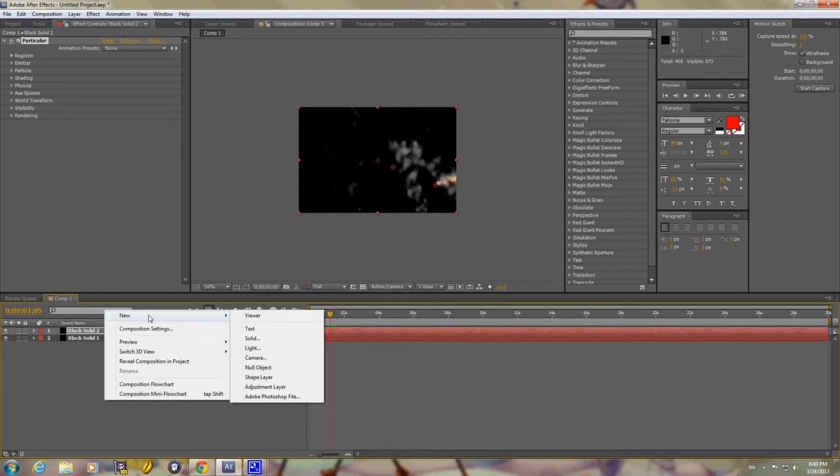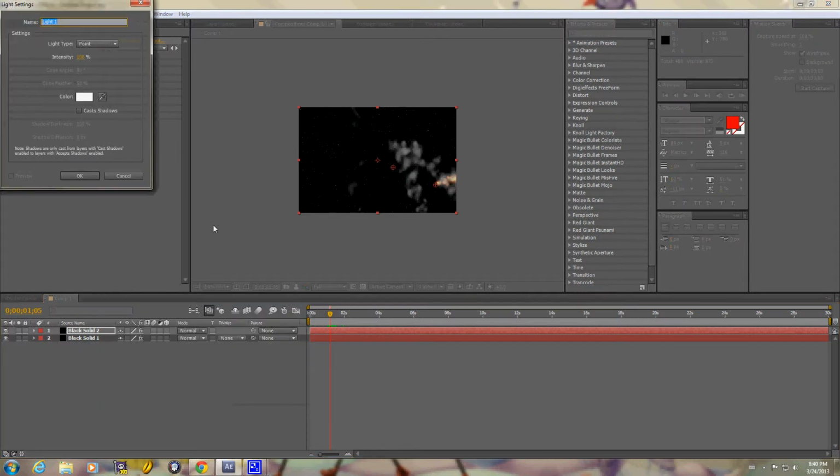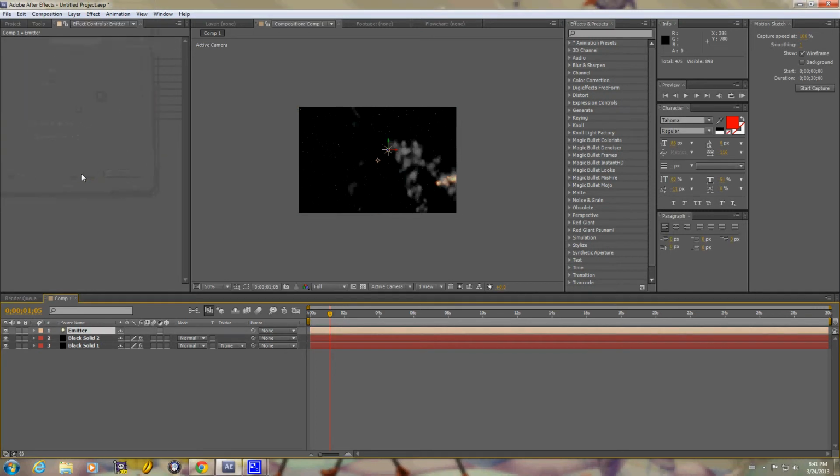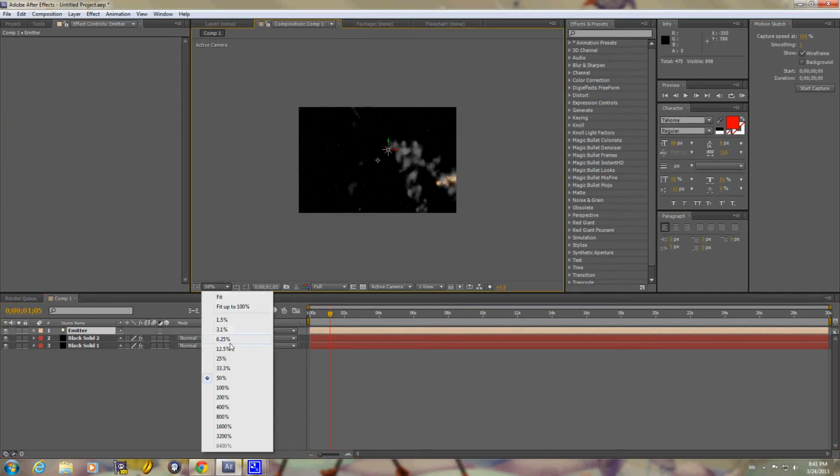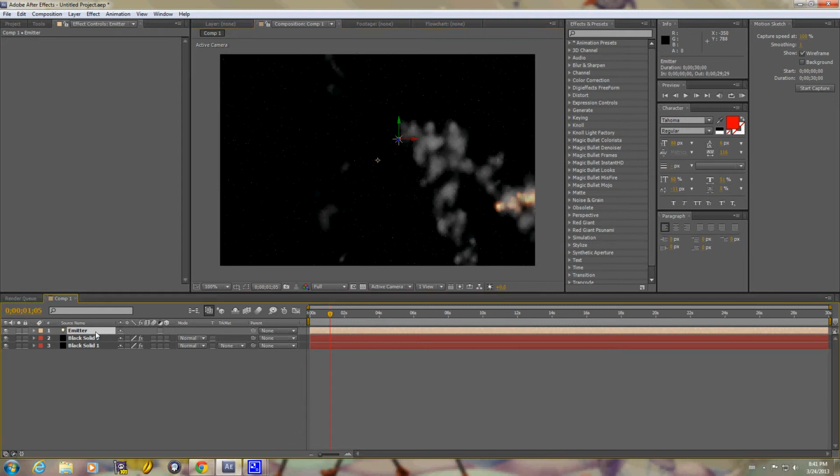Right click, new light. This is where everyone makes a mistake. An emitter, E is capitalized. The first E is capitalized. It's uppercase. Click OK. Now we'll scale back in. So now that we have an emitter, capital E emitter,